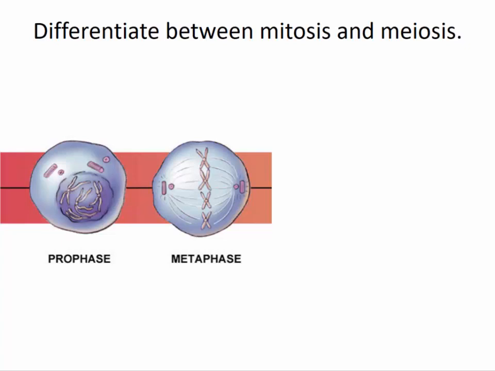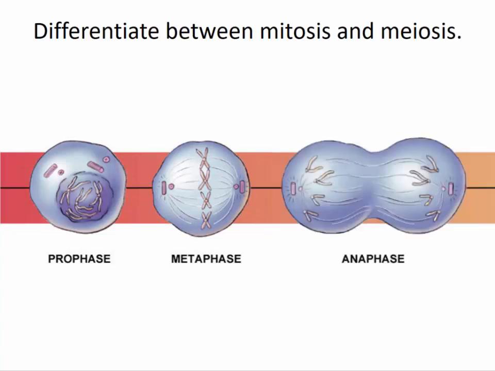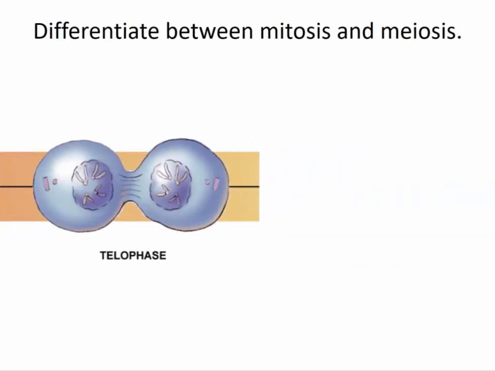We move into metaphase at that point, and then during metaphase, those spindle fibers connect to the chromosomes and align all the chromosomes along the equator of the cell. We then move into anaphase, where the copies of the chromosomes are pulled apart by those spindle fibers and moved towards either side of the cell. You can see that the plasma membrane begins to furrow or indent, and then as we move to the next phase, telophase, it indents more and more until it eventually connects.